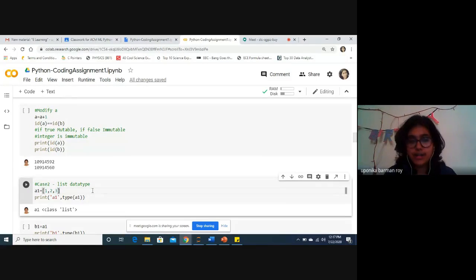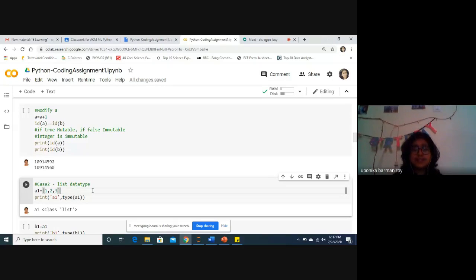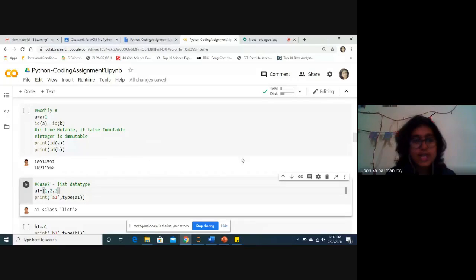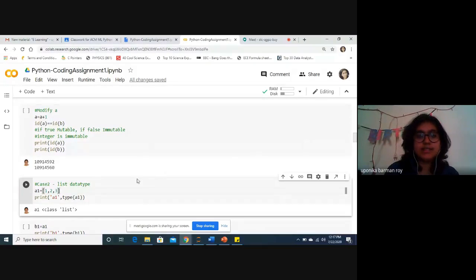It can also be homogeneous, like all strings, all floats, or all integers together. This is the flexibility that a list gives, and its syntax is very easy to understand and code. Just give a variable name, which is the name of the list, assign to it in square brackets all the list items you want, and then print it as well as the type of the variable.